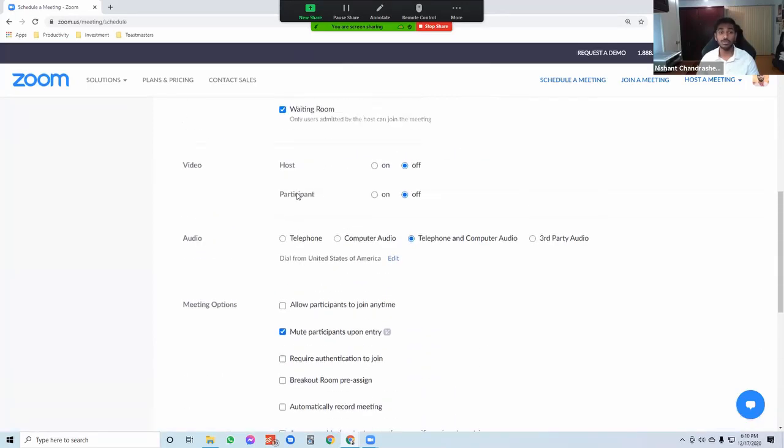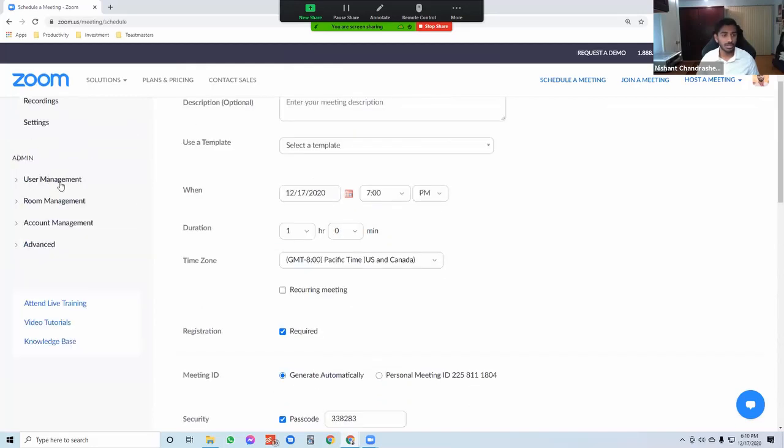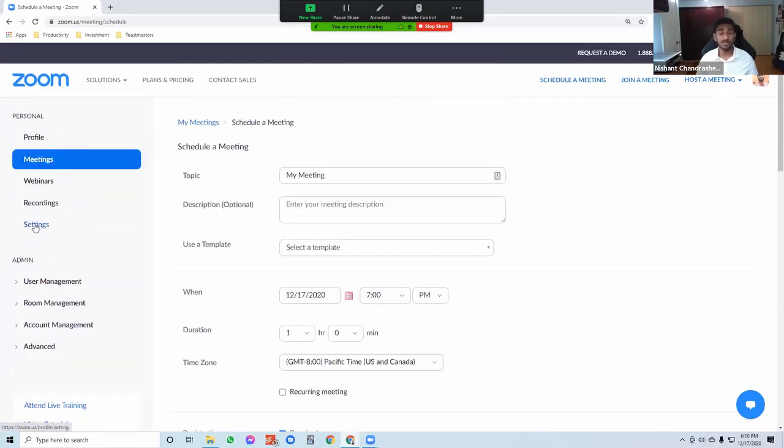Now, how can you do more? So there's this option called settings. This is my personal account. So whatever settings you usually see here will be generally what you use or you'll see for your own account. However, some accounts which have been given by the district, if you're using a district given account, such as the division accounts or the DD account, for those of us who do use them,